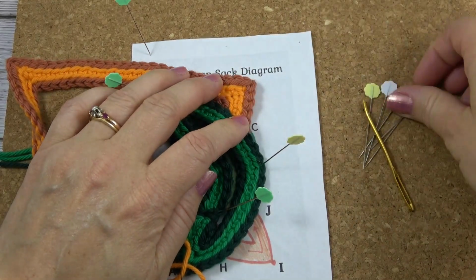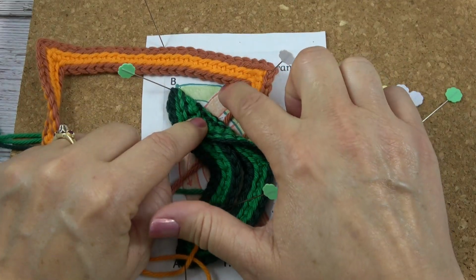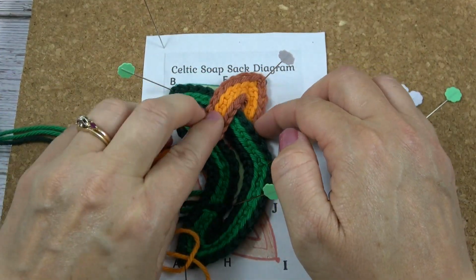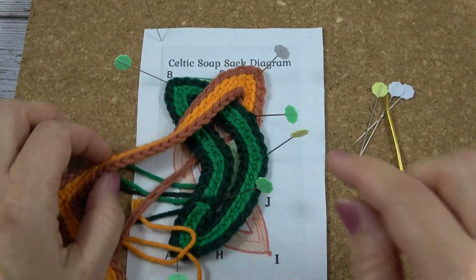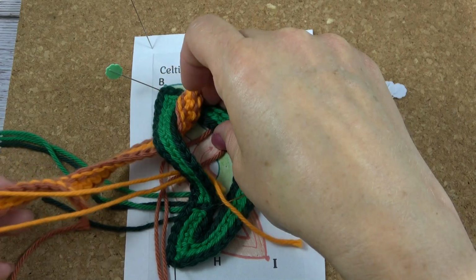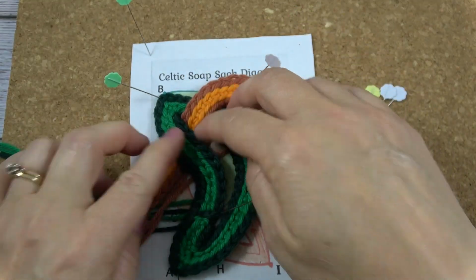Okay, so I'm lining this up with the diagram underneath. Now I peek at the diagram and I see that I need to go over right here, and then I'm going to go under. So I lay the cord over like so. I think I'll put another pin here at the beginning. And then I'm going to go under this one. Right like this. And I want to make sure that if it flips like that, that I turn it so the right side's facing up. Okay,